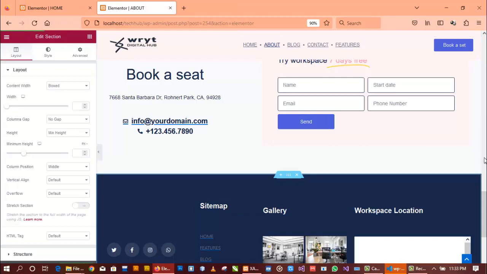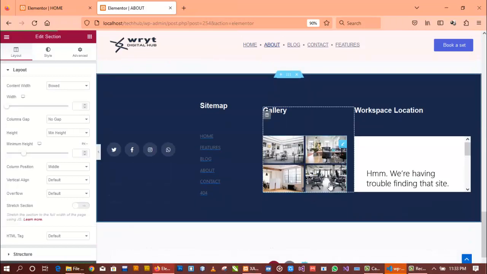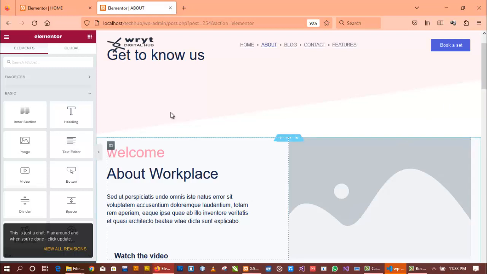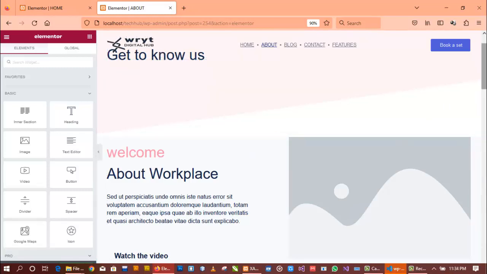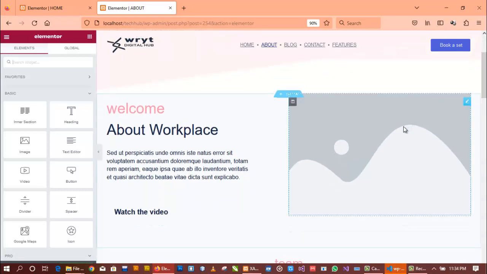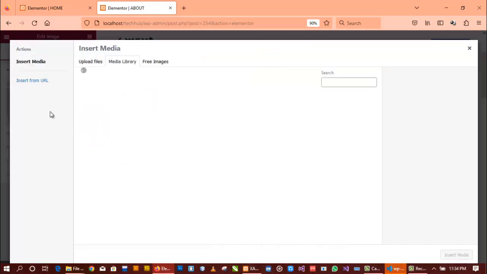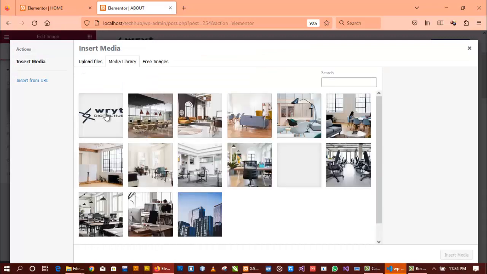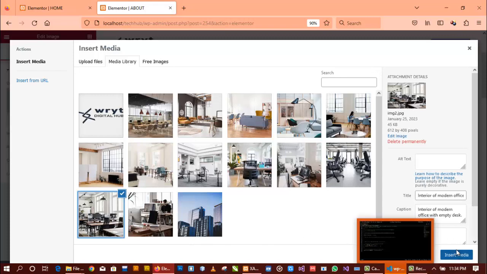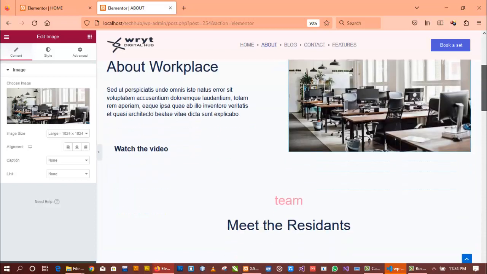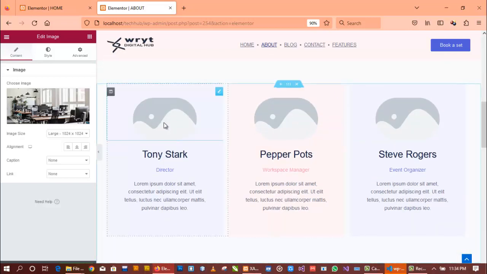You can see that our footer with the image, the gallery, it's all here. Now we can add an image here. Remember, just tap on it, then select the image you want to use. You can select any image you like, and insert. You can see we have an image here. And all these ones